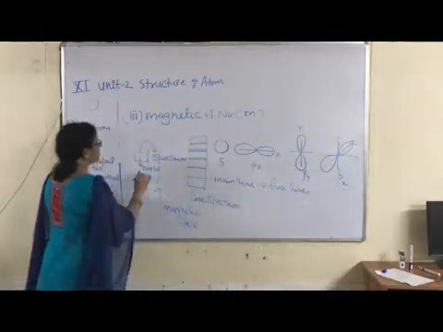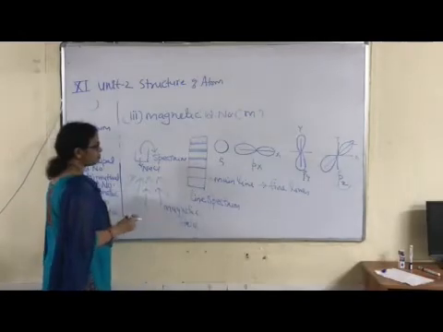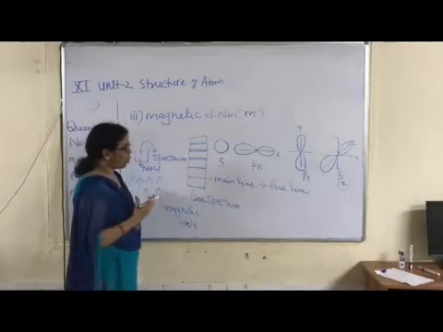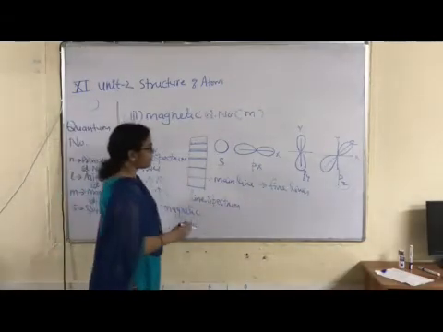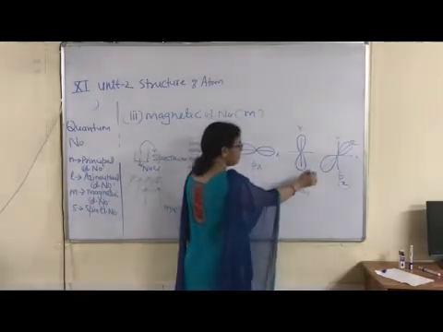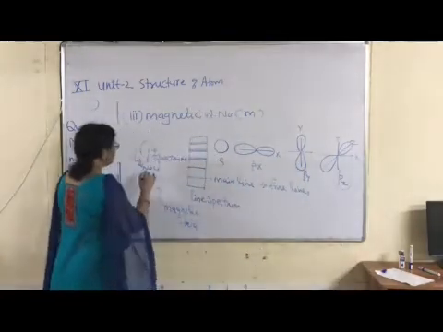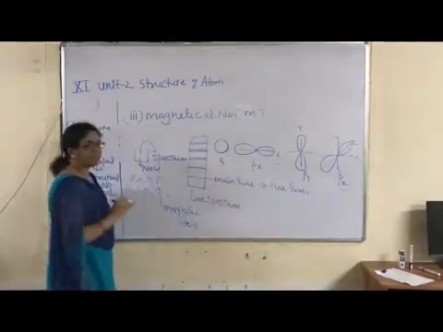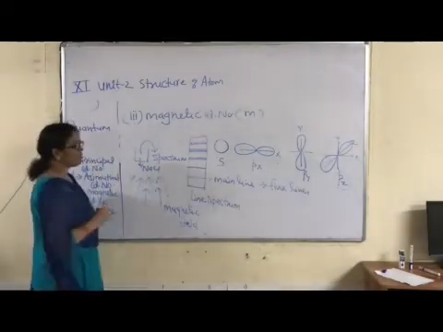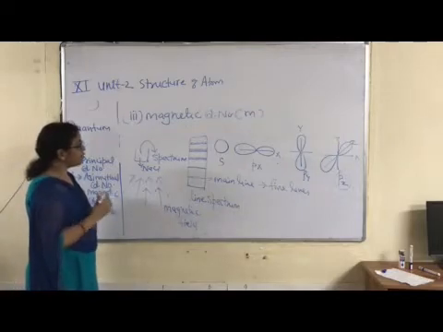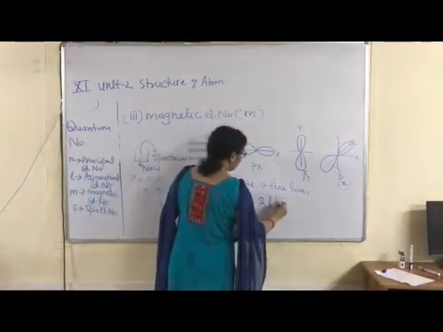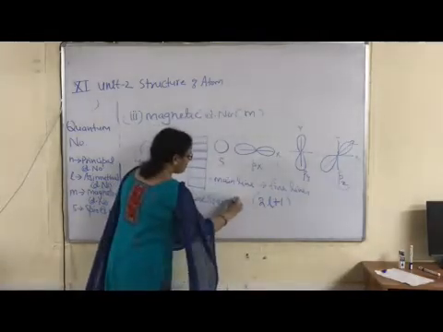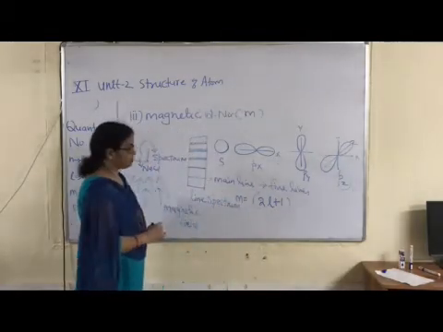Okay, children. So the magnetic quantum number explains the orientation of orbitals in some preferred directions. Preferred directions means X direction, Y and Z directions. One general formula is given for calculation of the magnetic quantum number. As you know, its sequence number is 3rd. Calculation of the magnetic quantum number depends upon the secondary quantum number. Which formula is given? 2l plus 1. Right? m is equal to 2l plus 1.